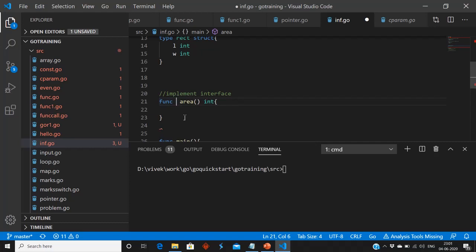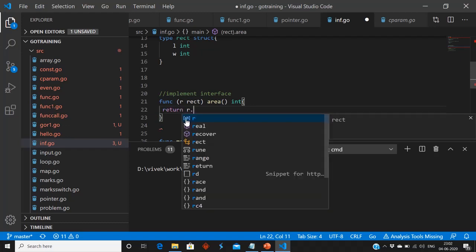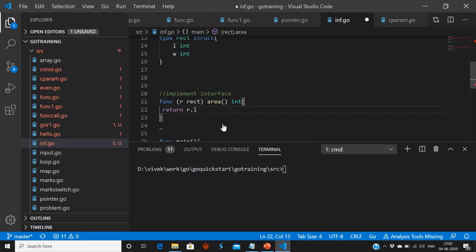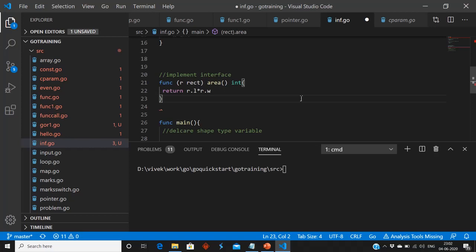So we will take here r, which is the rect type. It means we can say rectangle is implementing the area method. So we can return r.l multiplied by r.w. It means we are multiplying length with width and it is returning the area.